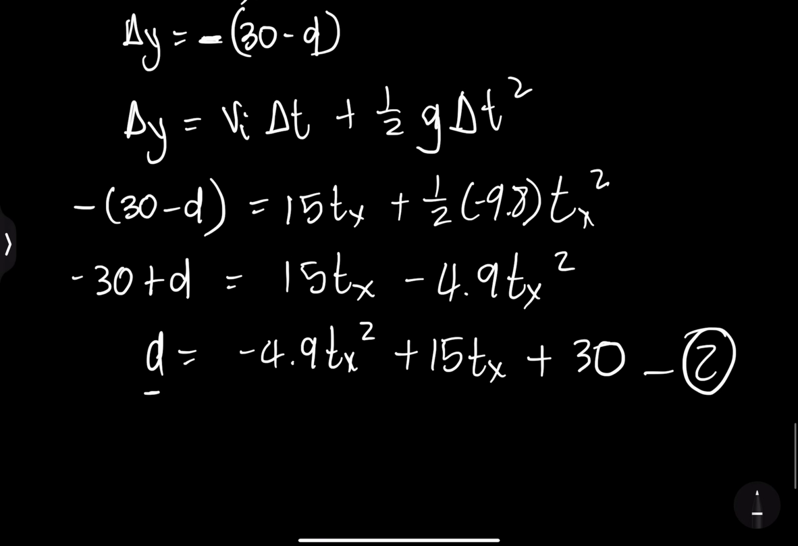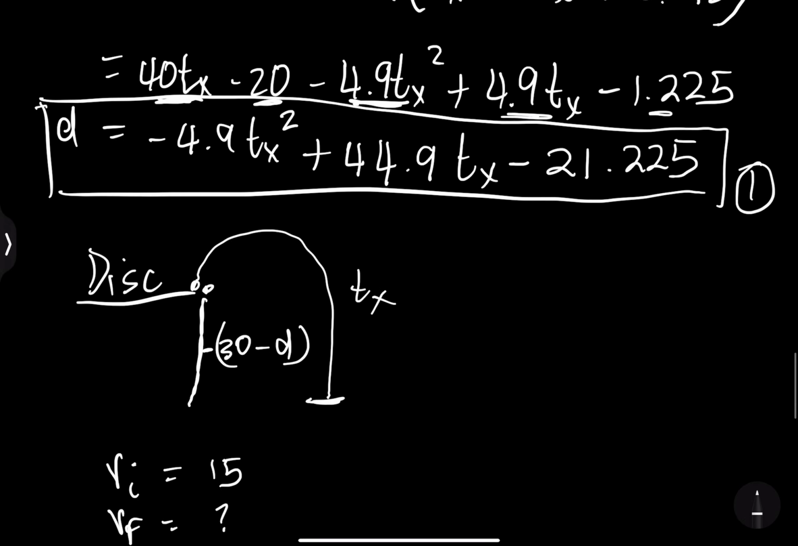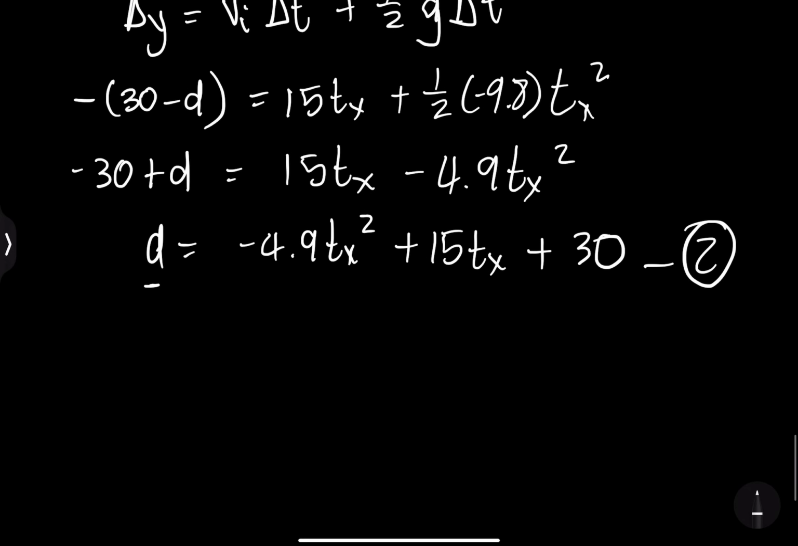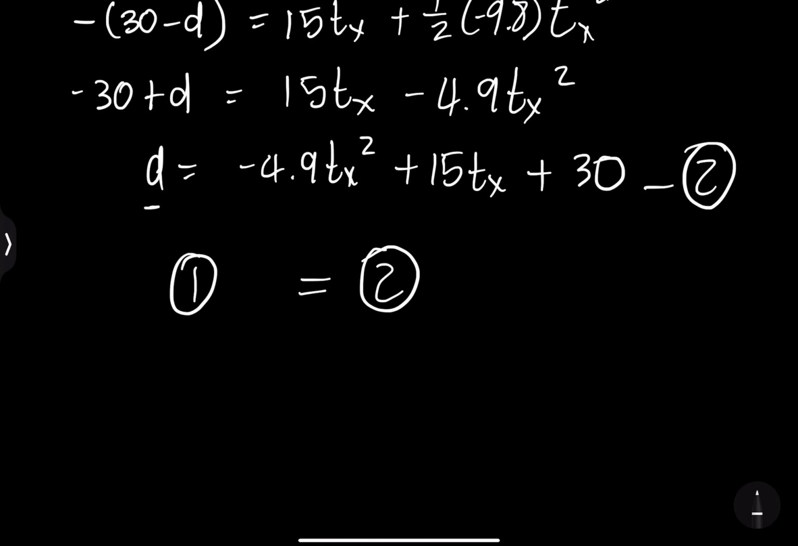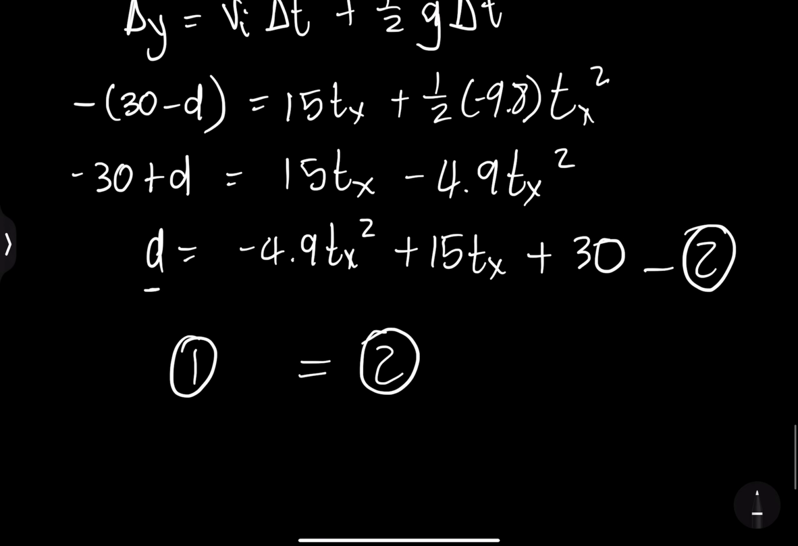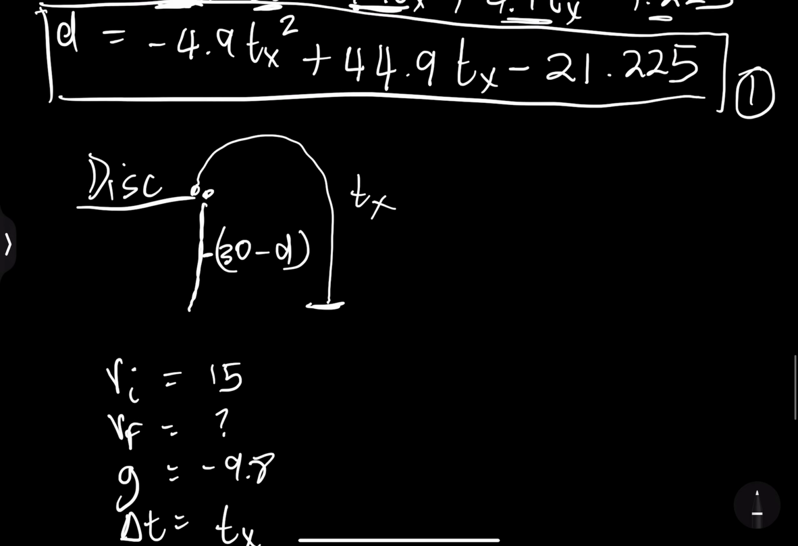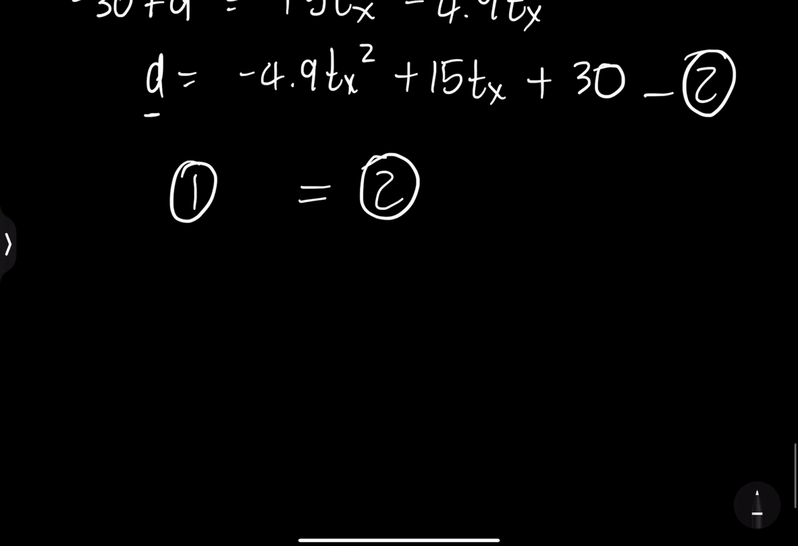Because equation 1 and equation 2 are both expressions of d, I'm simply going to say that equation 1 is equal to equation 2. So I'm going to take the right-hand side. So equation 1, let me just be careful there. That's minus 4.9 t squared plus 44.9 tx. So that's minus 4.9 tx squared